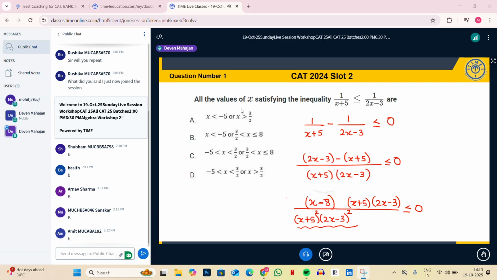But if we multiply by that number, we know in inequalities that if we multiply by a negative number, the sign changes, and when you multiply with a non-negative number, the sign stays the same. But we don't know whether that number is negative or not, and that is why we are converting it to a square and then sending it to the right hand side. When we convert it to a square and then send it to the right hand side, we know square of any real number always is non-negative. So now we can send it safely to the right hand side and say that the inequality will not change,